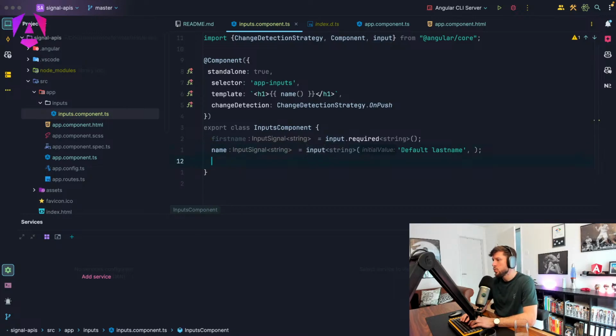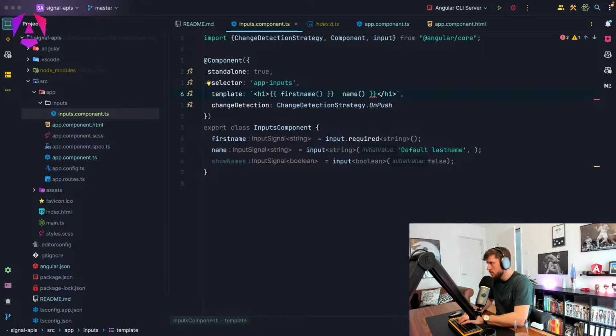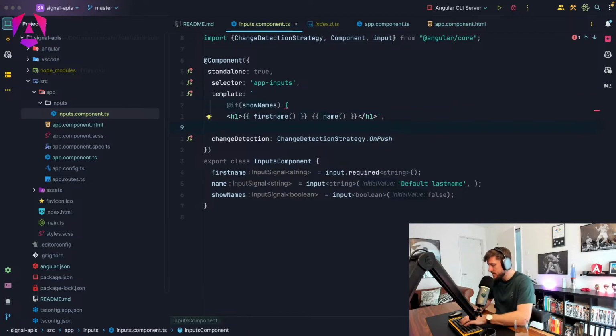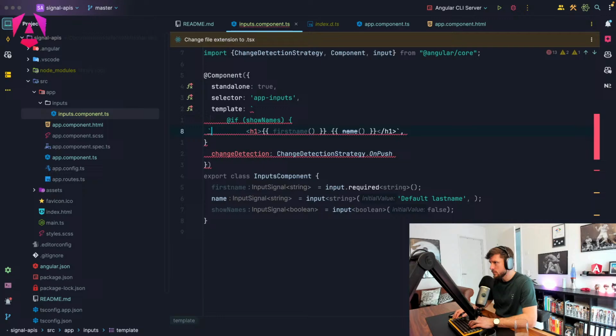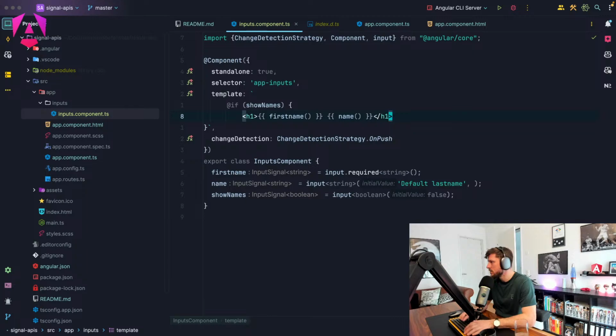So let's say we would have an input show names. That could be an input, which is a Boolean false, right? And inside here, we would do like this. First name, first name, and we would say with the new cool syntax, if show names, and show names has to be called since that is a signal. The typing is annoying. What am I missing here? So we have to call show names,